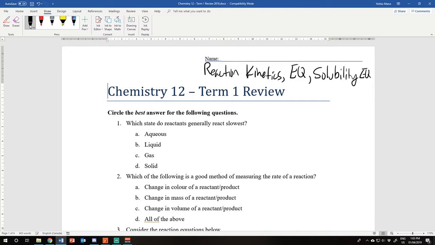Okay, and I think I mentioned that equilibrium is basically going to be the rest of this semester, because after spring break we'll start talking about acid-base equilibriums, and then after that we'll talk about electrochemistry, which is basically more equilibrium. Anyways, so going through this review,